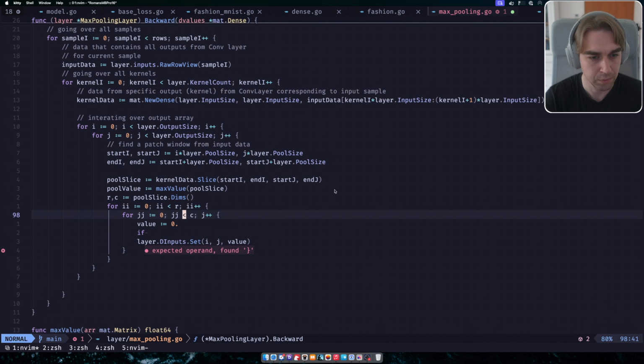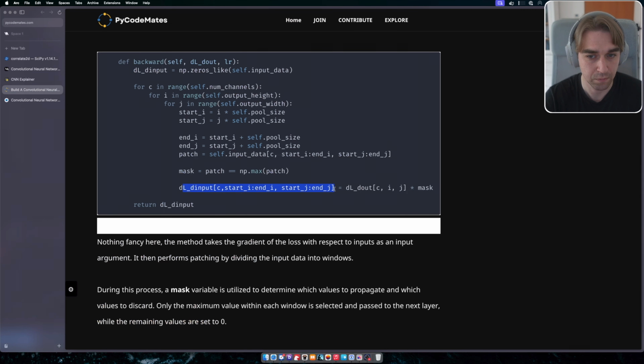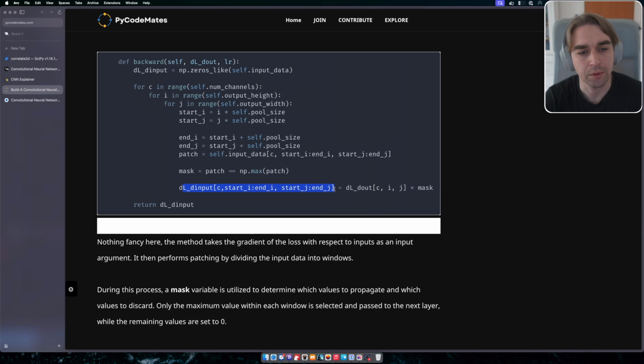Not the best code that I wrote, okay. But if so, we're using ij to, no, D input